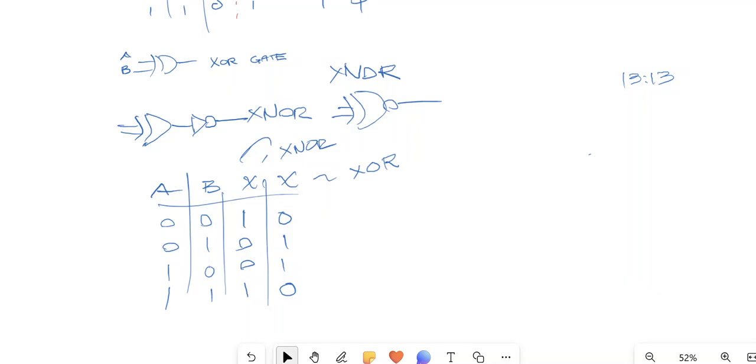So anytime with the XNOR both inputs are 0, or both inputs are 1, they will produce a 1. This is a very unique logic design implementation, so we definitely want to utilize that in some